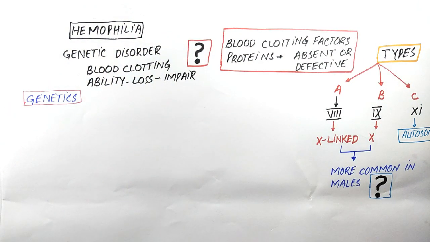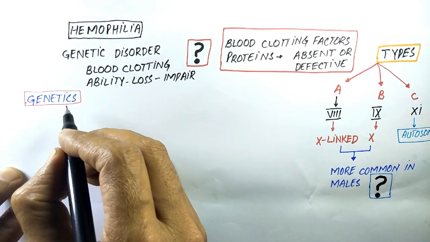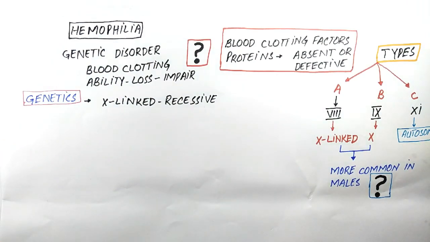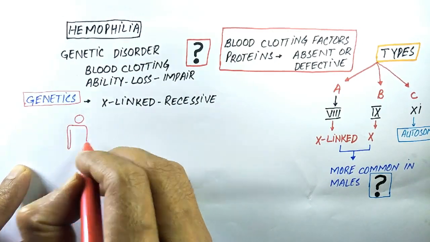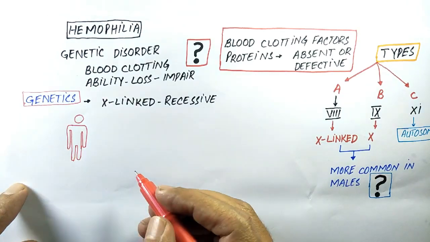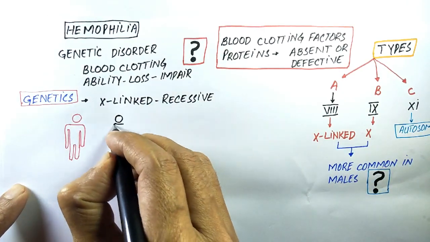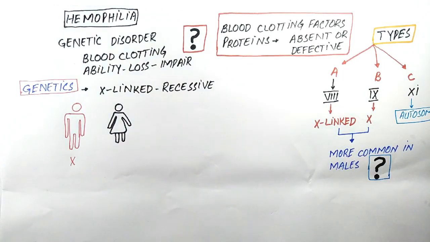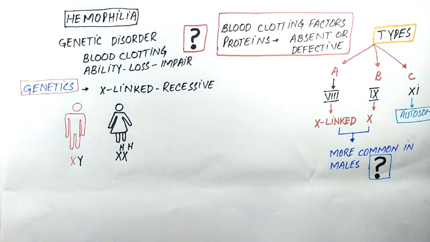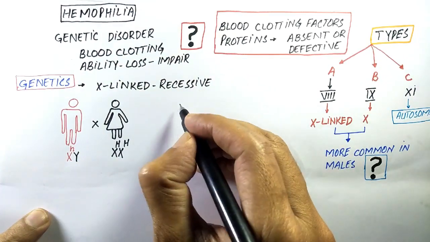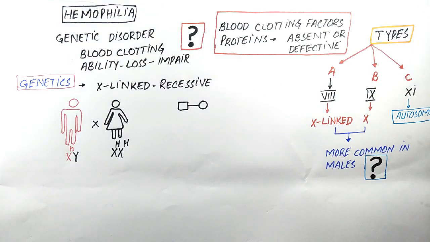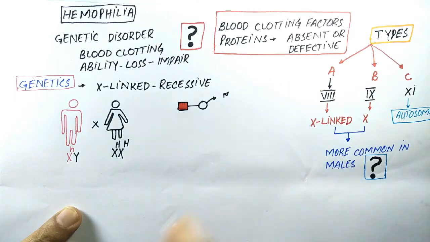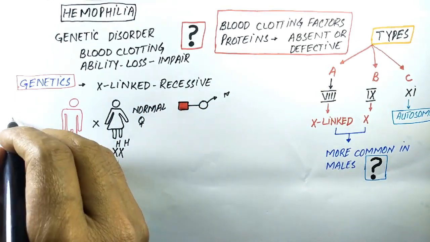When a hemophilic male marries a normal woman, all of their offspring are normal. Here I represented the male in red and its chromosomes X and Y. X is also represented in red containing the recessive allele for hemophilia, whereas the female has two X chromosomes and normal dominant genes for hemophilia. In a pedigree chart, as we know, males are represented with squares and females with circles, and due to the hemophilic nature of the male, it is represented in red.